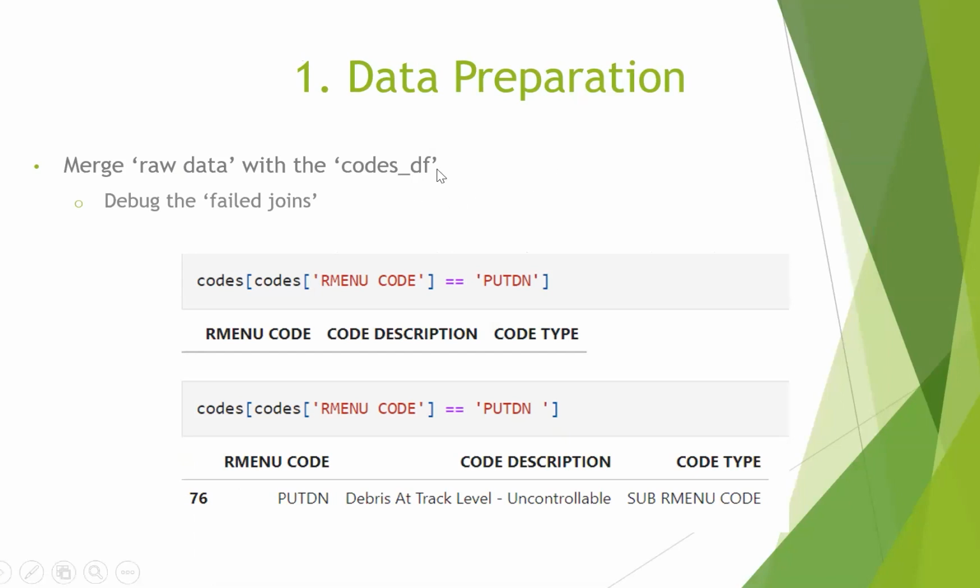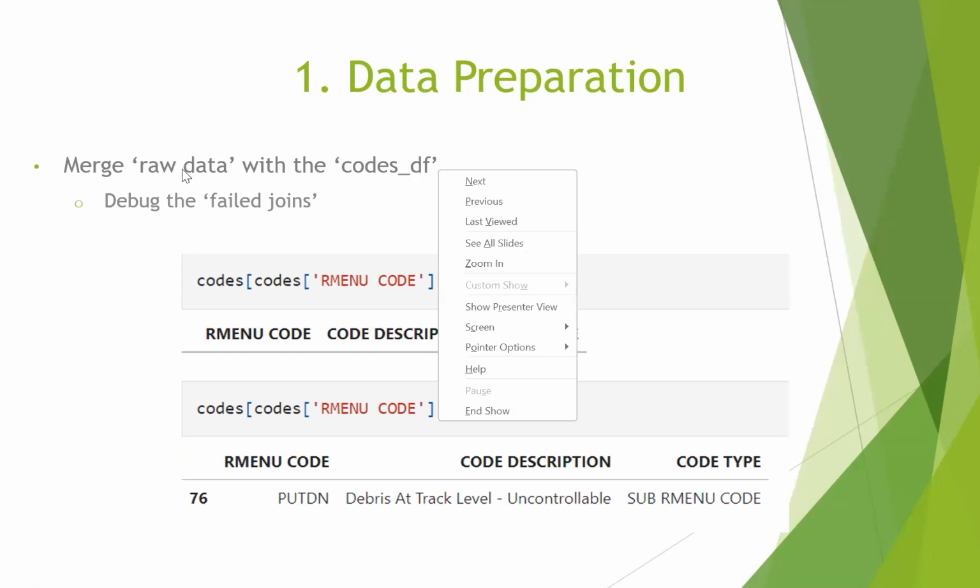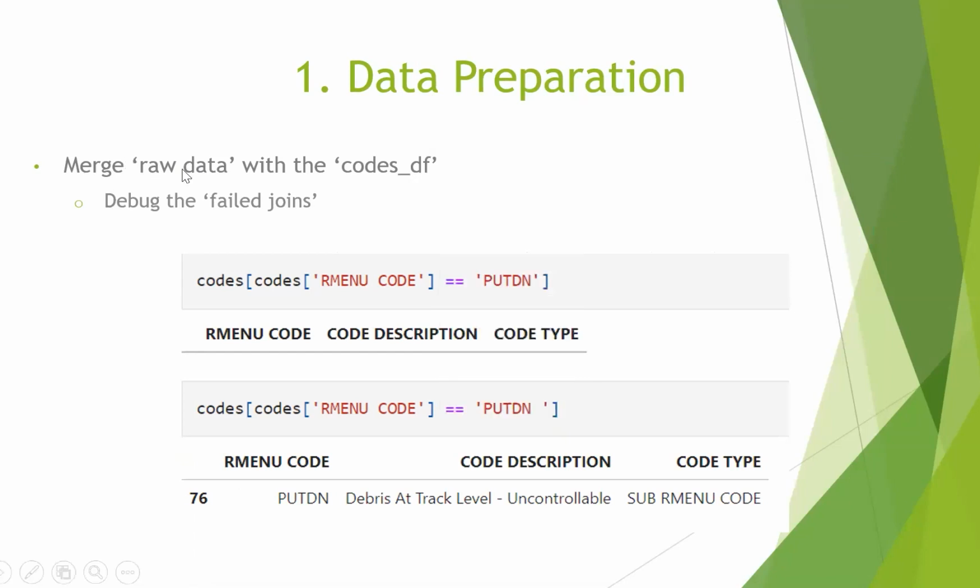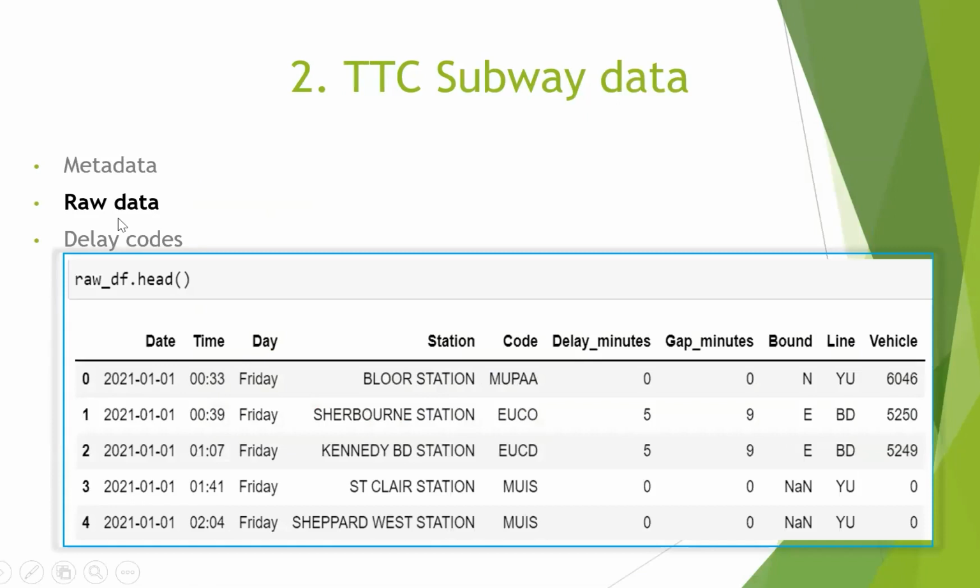So this was one of the steps that I used in preparing the data. For example, the raw data, which looks like this. You see, it has a field called code. But when you look at this with the naked eye, you don't really understand what MUPA stands for. You don't really understand what EUCD stands for. So it makes sense that you transform this data set, the raw data, such that